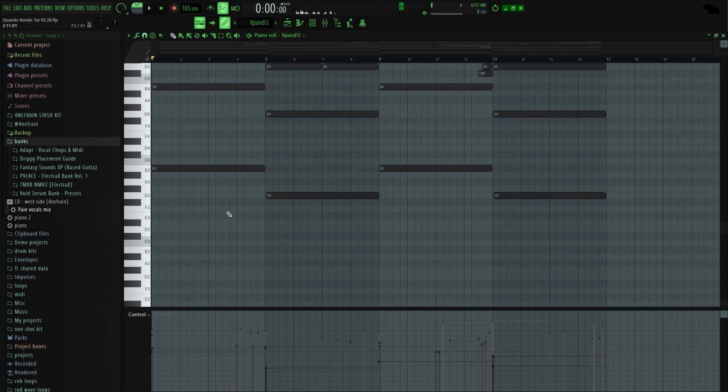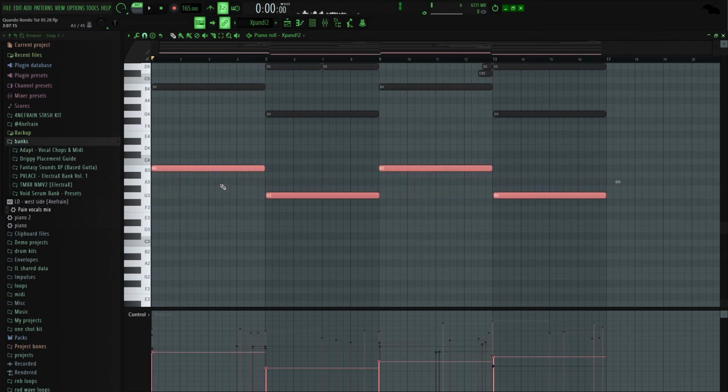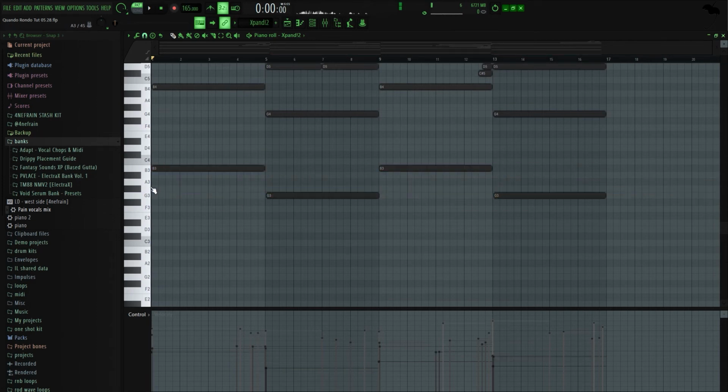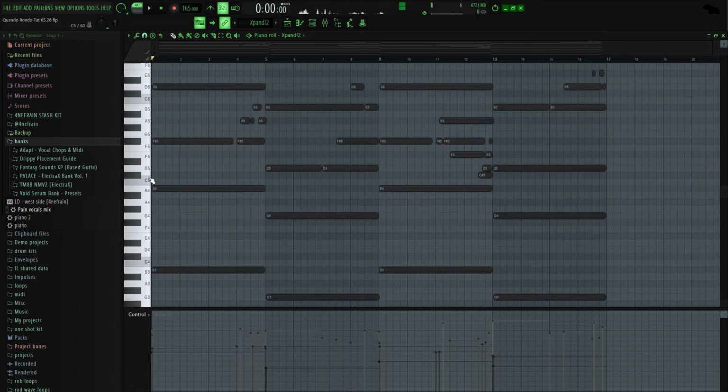The way I come up with these chord progressions is I always come up with my root note first, and then I boost them up an octave. As you can see, B B, G G, B B, G G. And then here, what I do is I see what sounds good in this key. So if I go B,